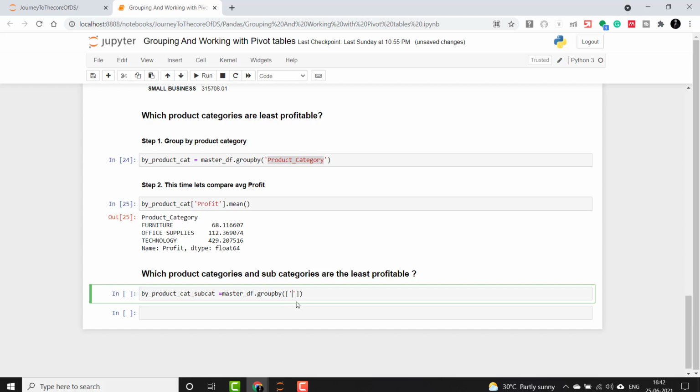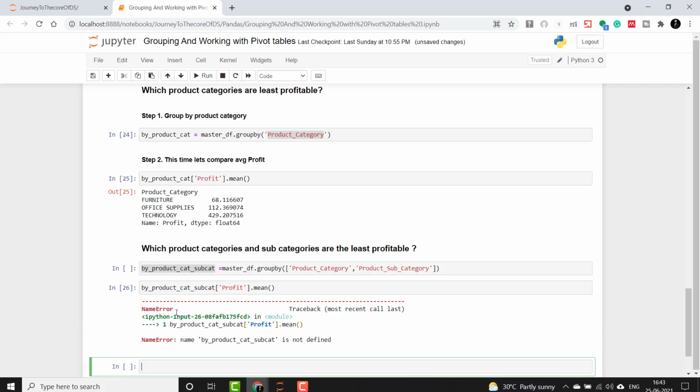Here I will give product category and product subcategory. Then I will take profit.mean like previously we have done.